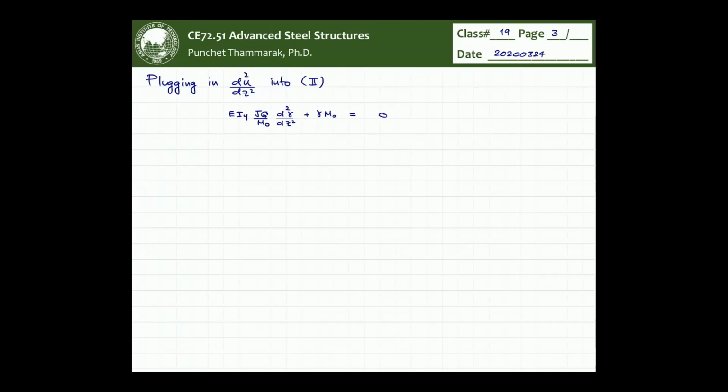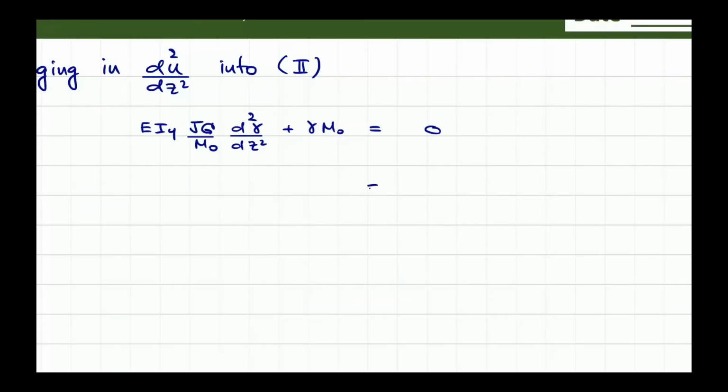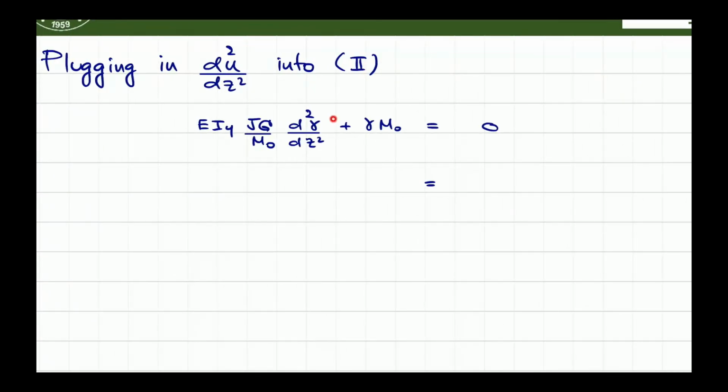So you rearrange all these things into the following form. Now I think you can see the light at the end of the tunnel, because this term here is the second derivative of gamma, and here is your gamma. So it is just the ordinary differential equation that